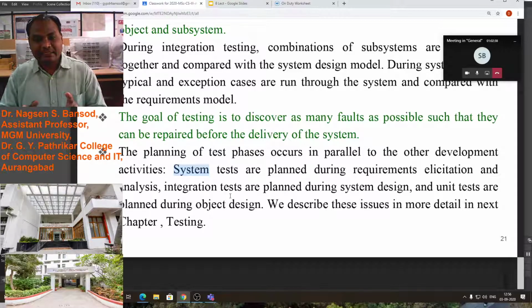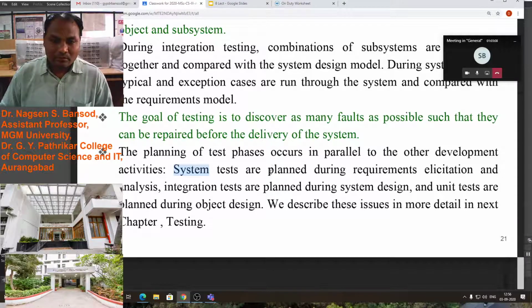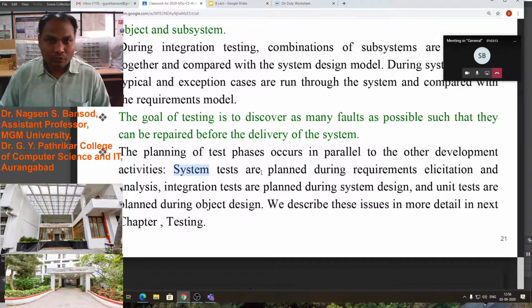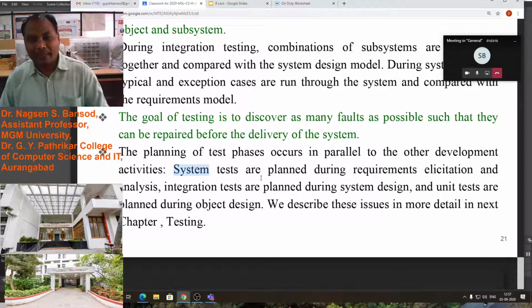During the integration testing planning we can think about the design. Suppose we are doing analysis; at that analysis level we can again think about how to design it. In design we have to think about the next step, that is the implementation. All these activities are dependent on each other, so in some phases we have to work in parallel.